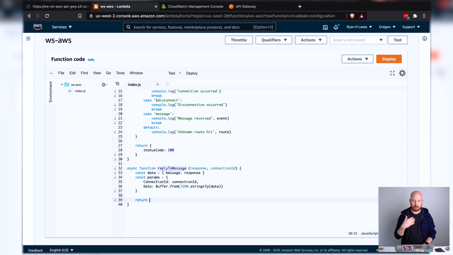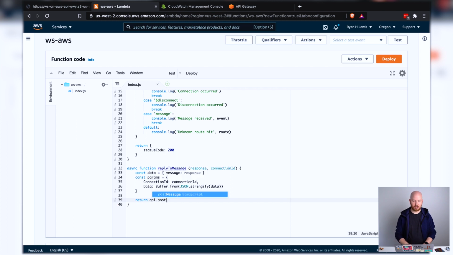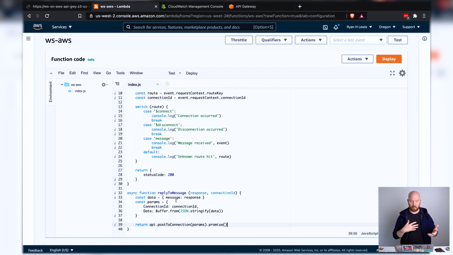Now we're going to be returning a promise, and this is our API object we created above, and the function that we're looking for is post to connection. We pass in our params object that we already built, and we've got a promise then. So the post to connection will use the connection ID and post the data to that connection, meaning our client will be getting that back and doing things with it.